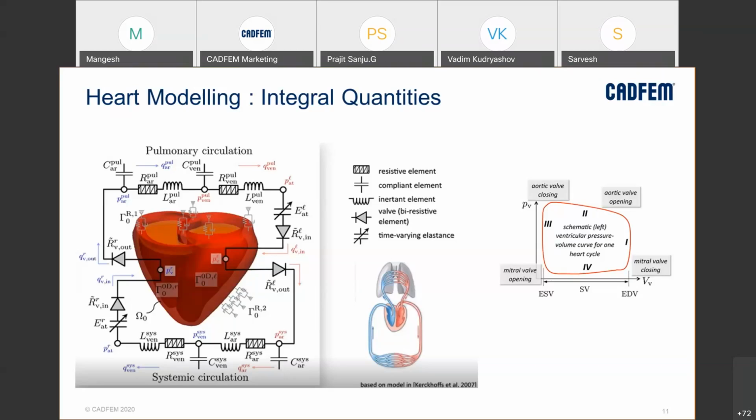Using some empirical understanding and the experimental database we have, the simulation analysts have come up with this network. Again, it's a complex network, but from the studies we have done, we have seen that this kind of network and modeling is very useful to determine the overall behavior of the